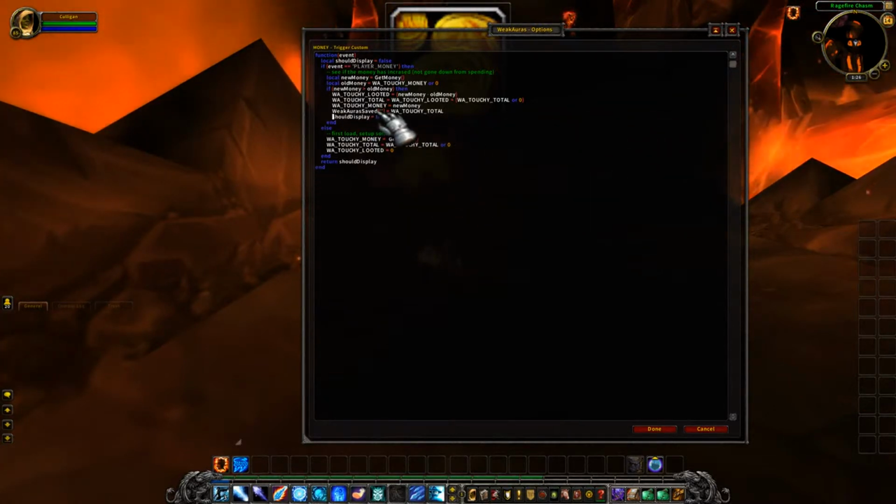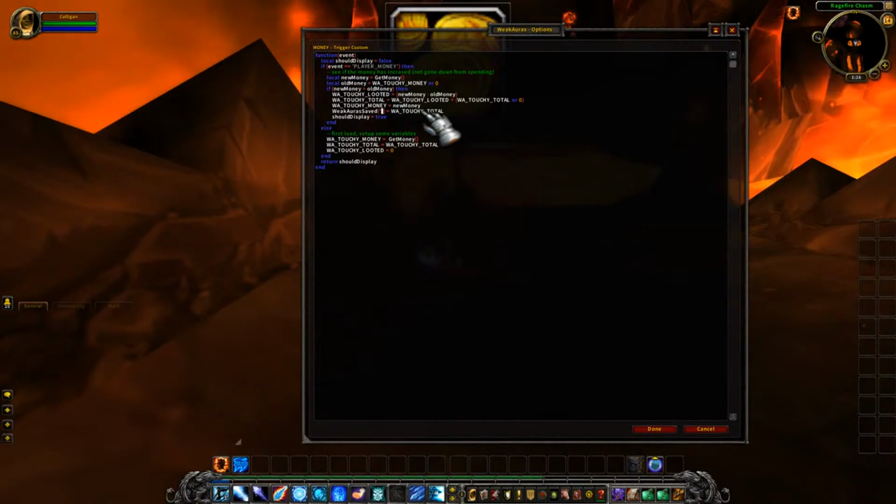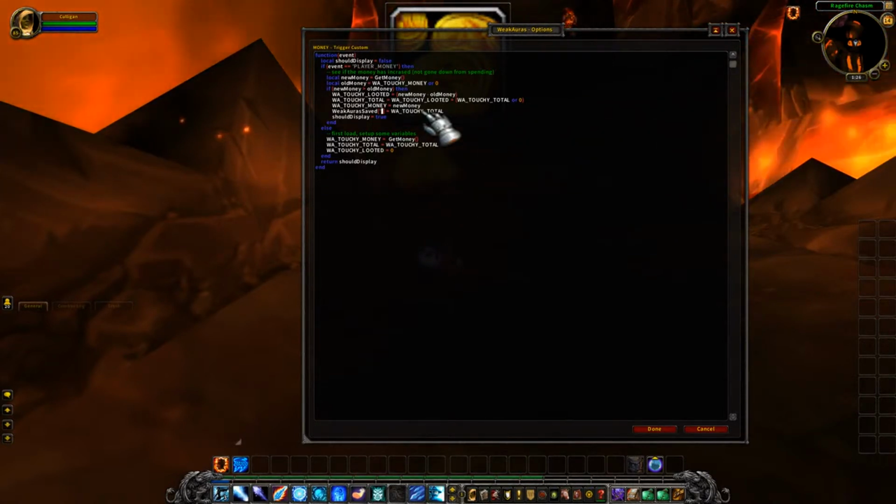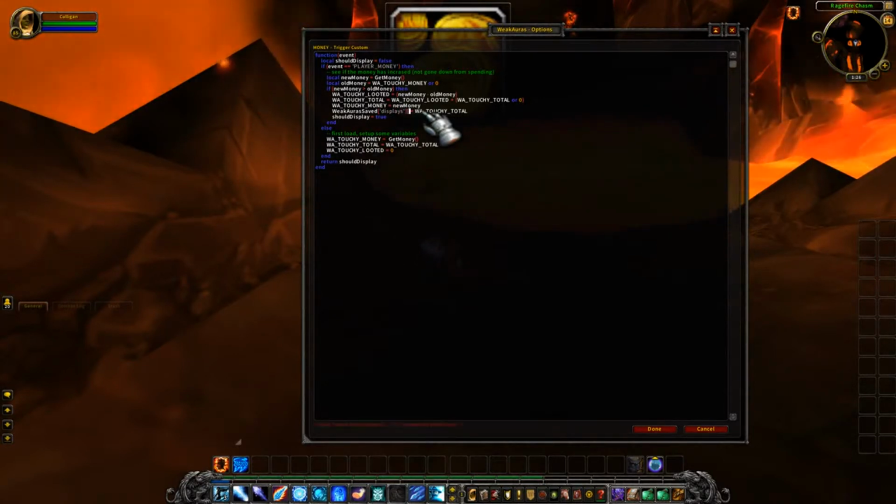Now, I need to give it a key, a name that I can access it by. And while I could put anything I want, I have to be pretty careful, because if I accidentally overwrite another aura, or I step on something WeakAuras is using internally, I could screw everything up. The way I like to do this is to store the variable inside the aura itself. And the way you do that is to access a subtable called displays, and then inside of that,